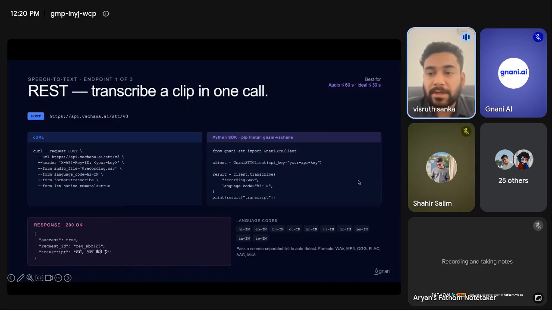And then you select your own language code, or you can also pass the language parameter as auto. We'll detect the language, and then we'll give you the transcript. So this is how the response would be: the success status, the request ID, and the transcript. There are also language codes like Hindi /in, English /in, and Bengali /in. All the languages that were supported under this API were mentioned here, and also in the documentation you can refer